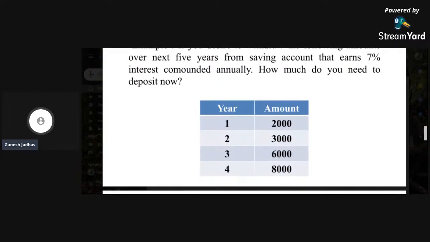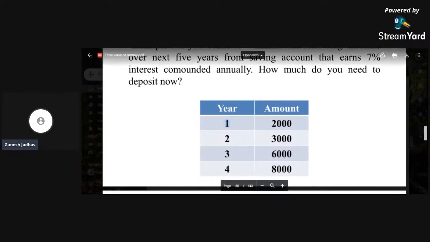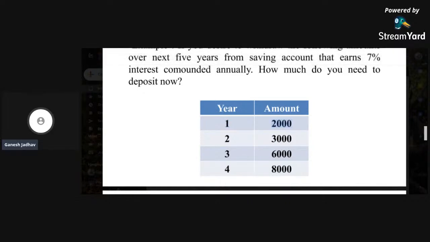Okay, so these are the years. In the first year you have to withdraw 2000 rupees. Then in the second year you have to withdraw another 1000 rupees, and the total withdrawal is 3000 rupees. And in the third year you again withdraw 3000 rupees, and the total withdrawal is 6000 rupees. Here the difference is 1000, here the difference is 3000, here the difference is